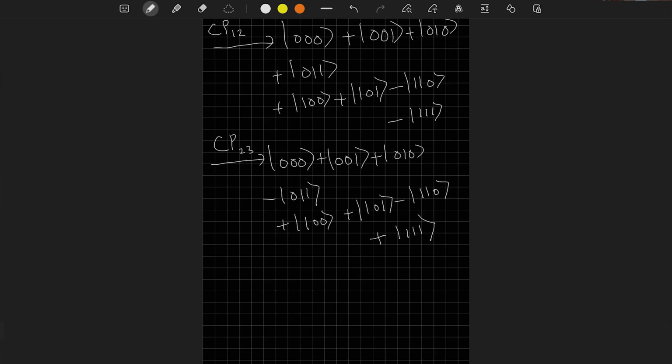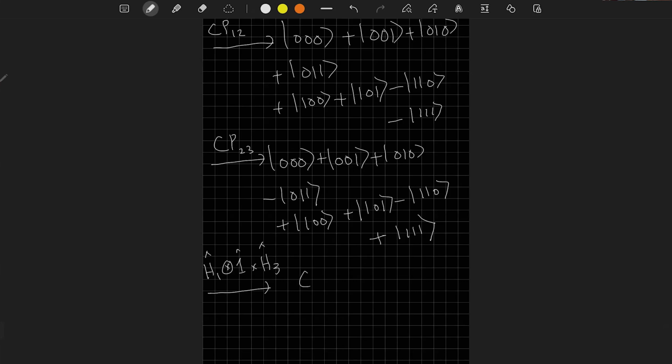I can show that by doing a local operation, and if I get a maximally entangled state, then this should also be an entangled state. So if I do local operations on this state, which amounts to a Hadamard gate on the first qubit, nothing on the second qubit, and a Hadamard gate on the third qubit,